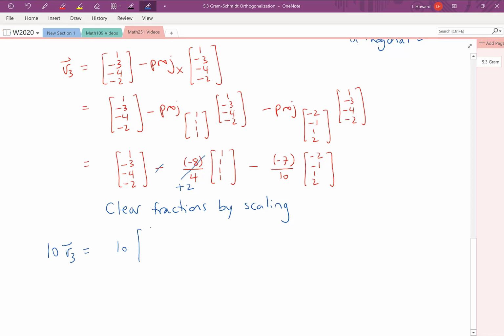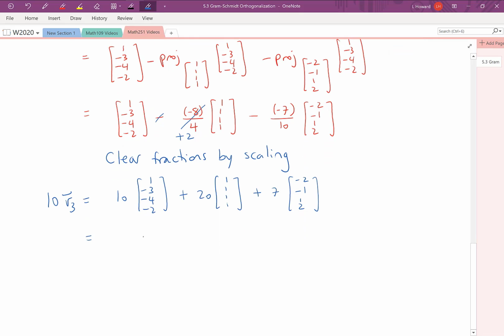That would mean going 10 times our first vector. We're going plus 20 times 1, 1, 1, 1. And then our last coefficient here is plus 7/10. So as we multiply by 10, it's plus 7 times that vector there. Okay, and then we can get a nice answer for our third vector. So what this comes out to then, if we go through all the algebra,